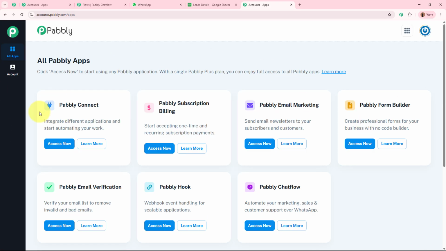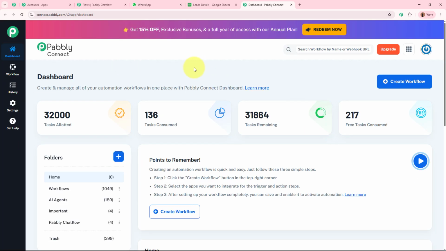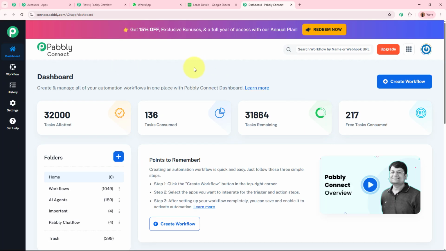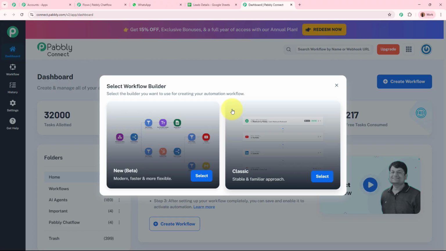Then you will find the All Pabbly Apps section where you will see all the applications. I want to use Pabbly Connect, so I'm going to click on this Access Now button right over here. Then Pabbly Connect's dashboard is going to appear in front of you. And now to create a new automation in our Pabbly Connect account, we have to create a new workflow. For that, click on this Create Workflow button on the top right corner, where you will find two options to